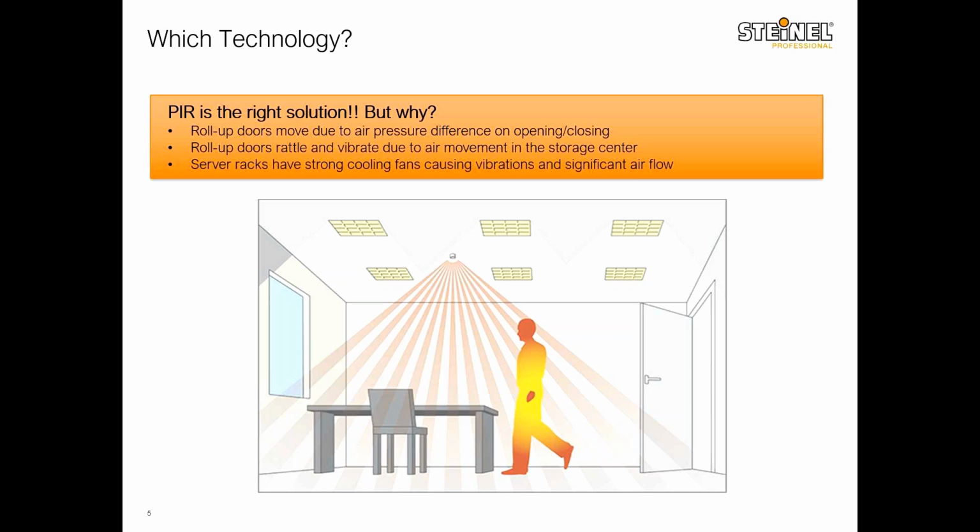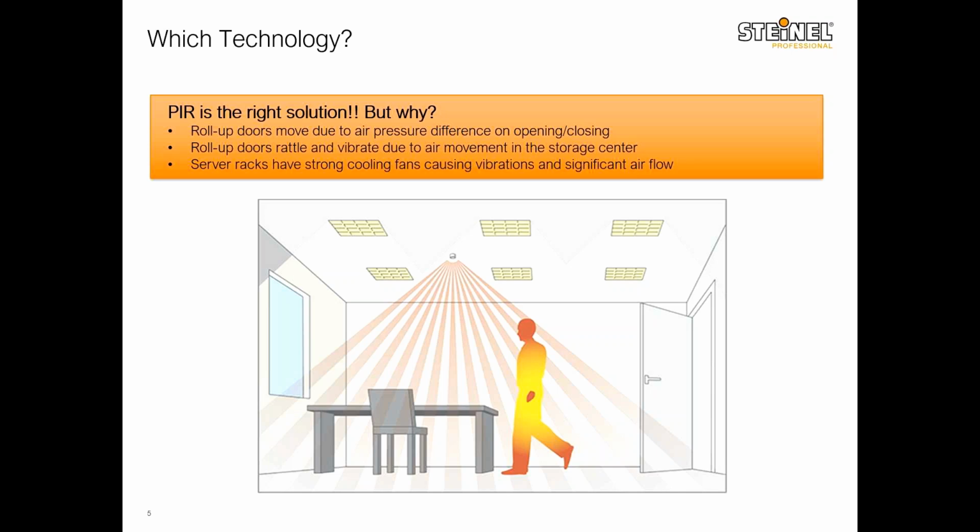The reason being, in self-storage centers, you have big roll-up doors, and anytime there is an air pressure difference because the main door is open, or the HVAC system in the area has been turned on or off, that would cause all these roll-up doors to vibrate. So obviously it would trigger any ultrasonic sensor that you have in that area, or if an ultrasonic sensor is already on because someone was moving there, it will never go off because of those rattling doors, and it will always be seen as some sort of